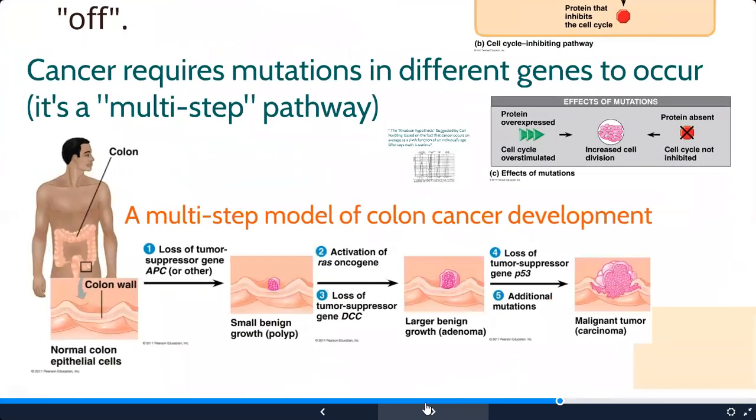Now, cancer doesn't just happen with one mutation. It requires several different genes to occur. So we can actually track cancers, and you may have heard, oh, this one's in stage 4, or this one's in stage 2, or whatever. That's because it takes a while for these mutations to build up. So there's a cumulative effect, and that's why